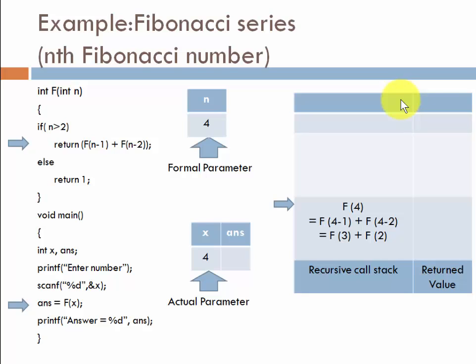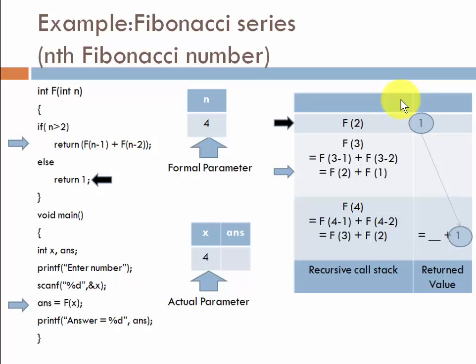Now it will make a call to the Fibonacci function, that is f of 4. 4 is greater than 2, that's why it will return f of 3 plus f of 2. Here it is making two consecutive recursive calls. First is depicted by the black arrow, that is f of 2. Second is depicted by the blue arrow, that is f of 3. First it will evaluate 3 is greater than 2, it is a true condition, and 2 greater than 2 is a false condition. So for f of 2 it will return value 1,